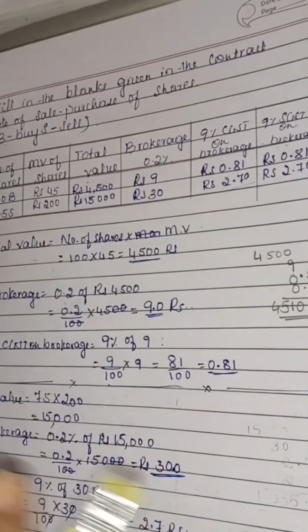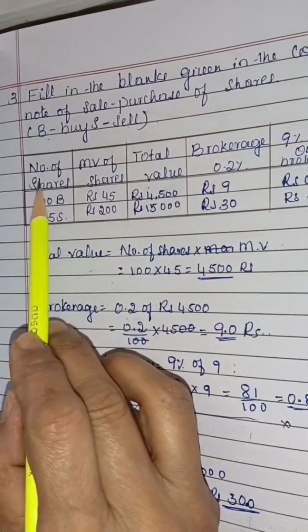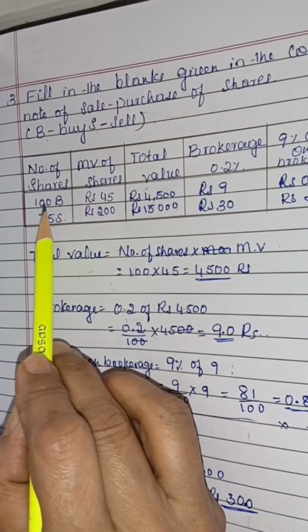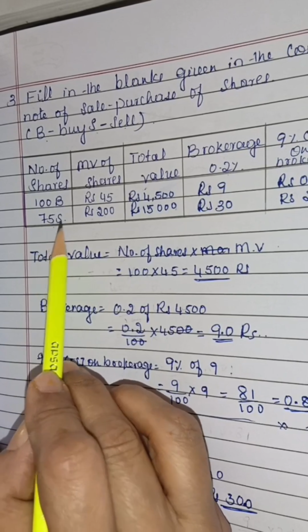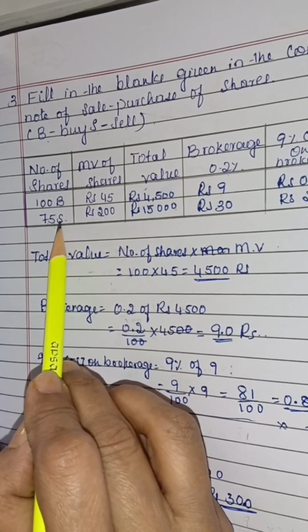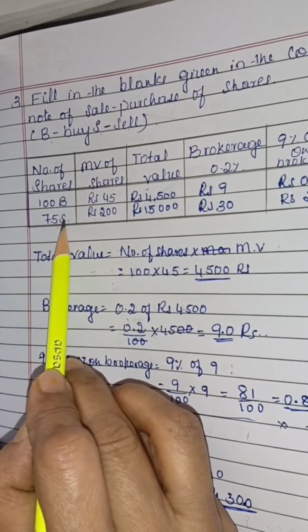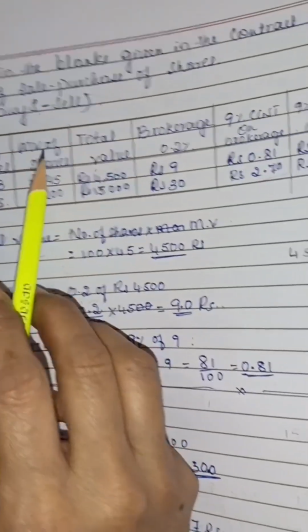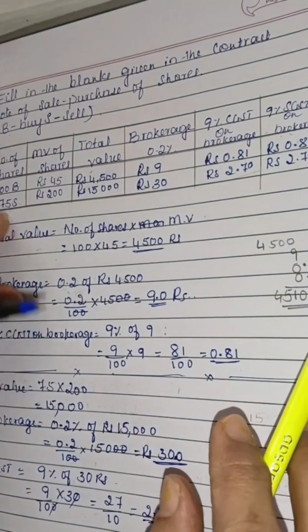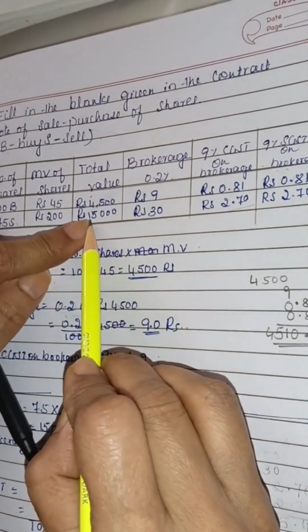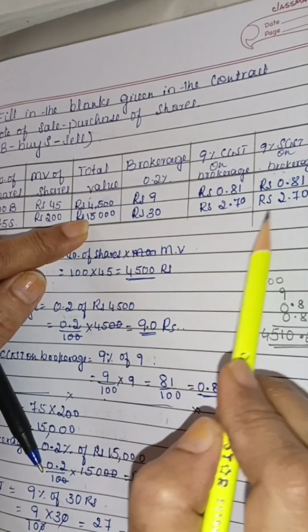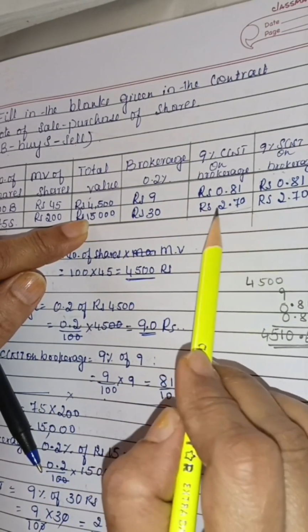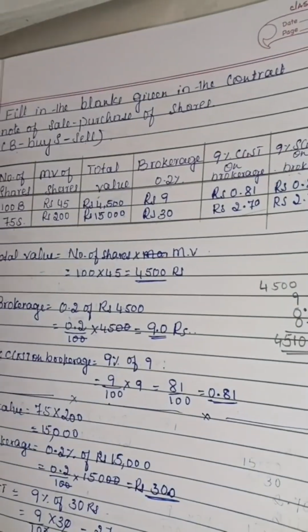I made a mistake here, because see, here again the number of shares, the first column is buying of 100 shares. The second column shows 75, selling. S means selling, means what? We have to take minus, no? So we have to minus. First we have to take 15,500 minus 30, then CGST, SGST we have to add, and then we have to subtract that value in this. So we'll write that formula also.